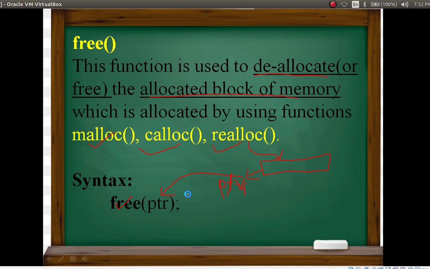That's it. So how is memory allocated? Based on these functions: malloc, calloc, realloc. These three functions we have discussed in previous videos, isn't it? So how to delete this? With the free function followed by the pointer variable.